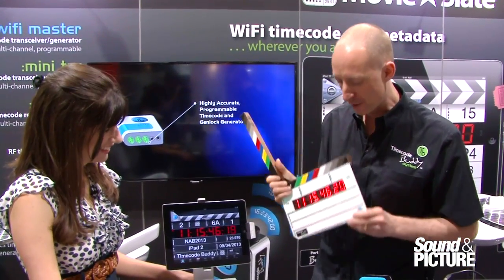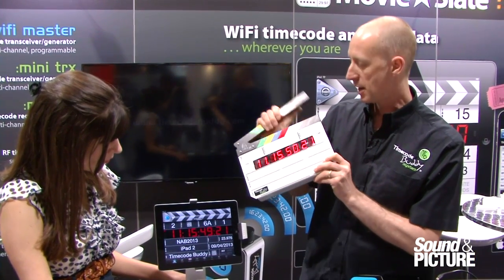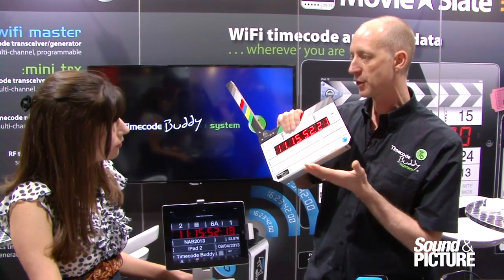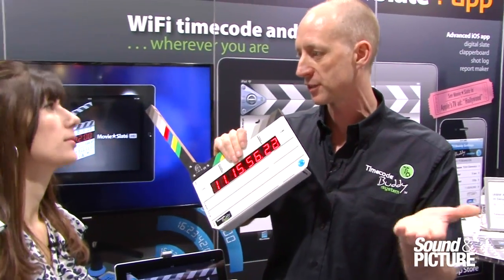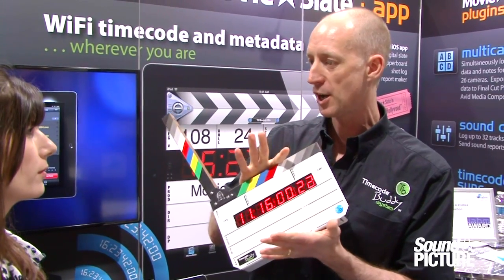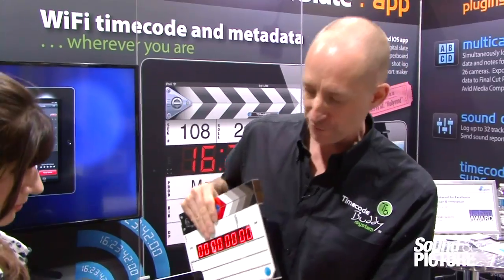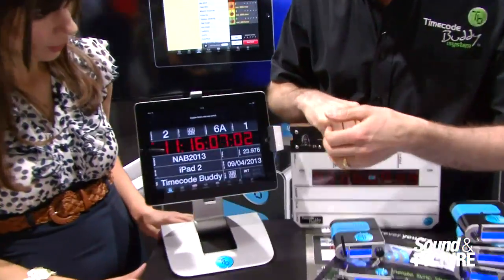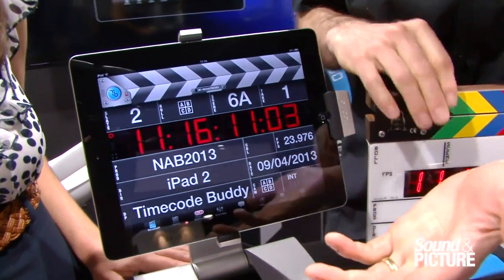There's also been a few advances in Movie Slate too. Not only have we got the clap triggering, which you can see there, and the ACs and the camera assistants on set love this because everyone's frightened of taking an iPad out onto set. So this gives them all the functionality they need on set in a very durable hardware device. But obviously the functionality of Movie Slate is brilliant, and they've actually added, as a collaborative effort between us,